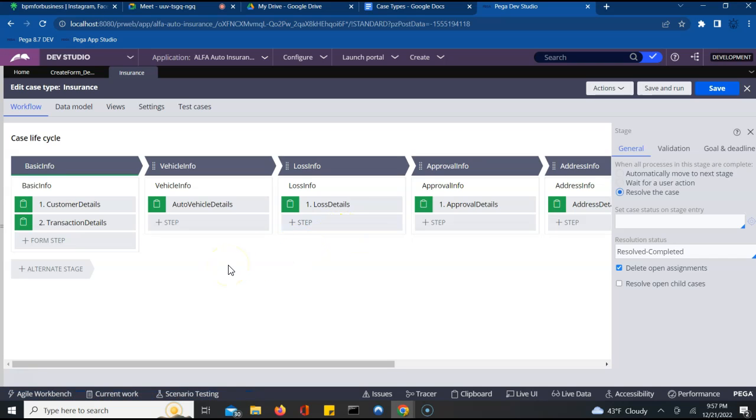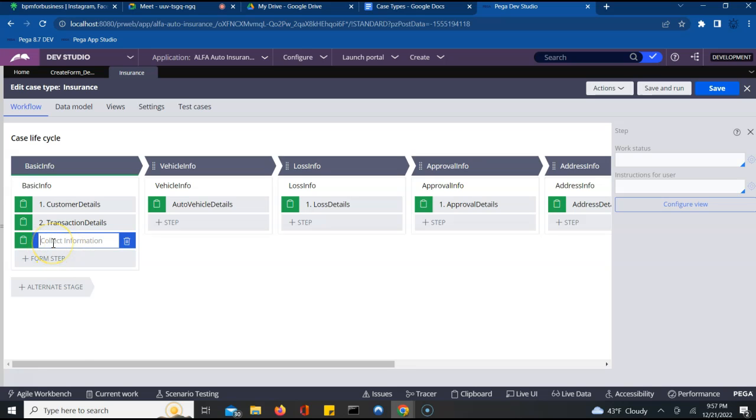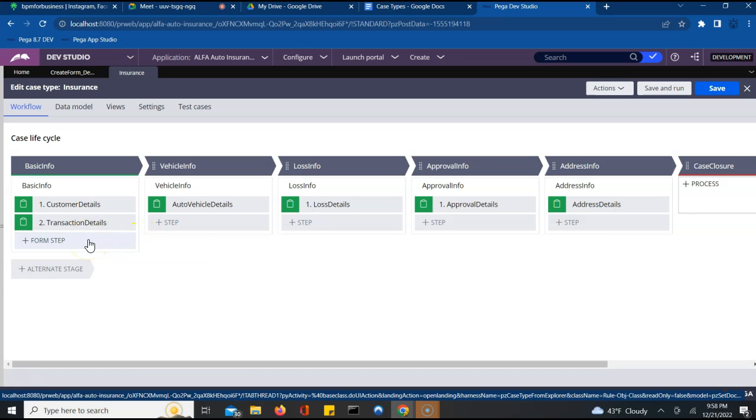To do that, we will be utilizing one of the shapes which is called change stage. Let's try to see where exactly I can find it. Just click on add a step. I don't want this. I want to add a step, but it should be a stage, right? That's what I want to do. To do that, all I can do is